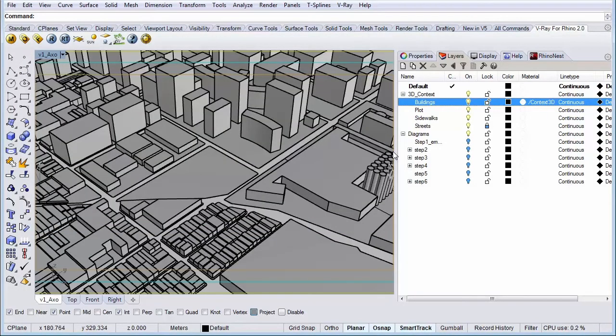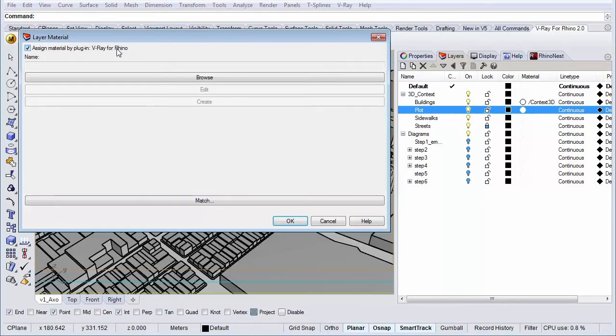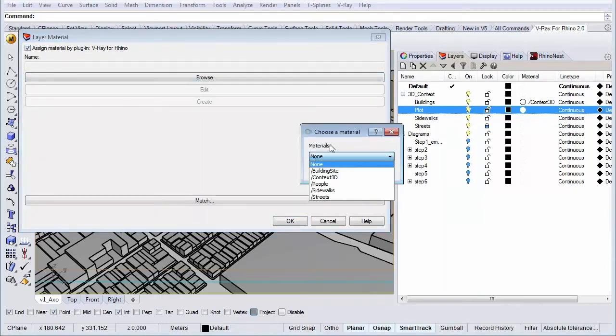Let's continue with the next one, which is the plot. So let's click on plot. And also the same procedure. So tick the checkbox next to assign material by plugin, hit browse, and select building site.